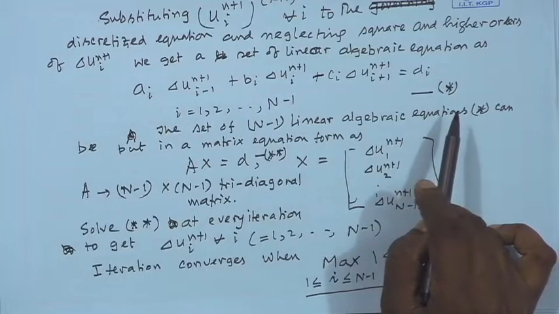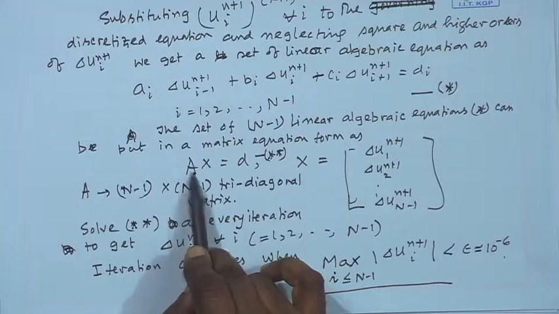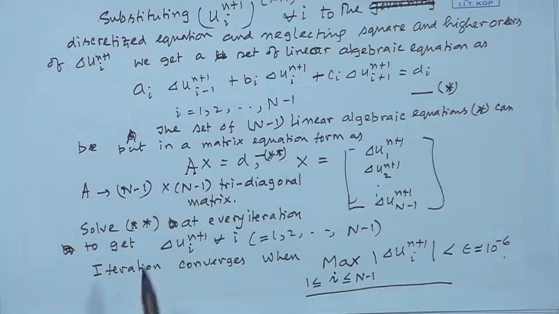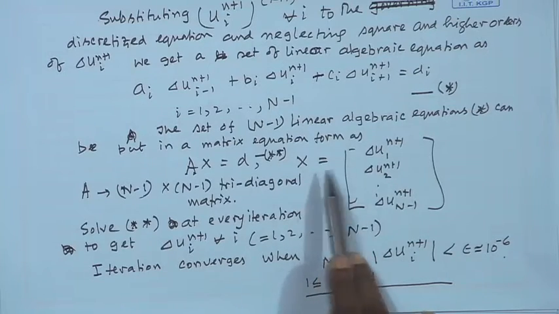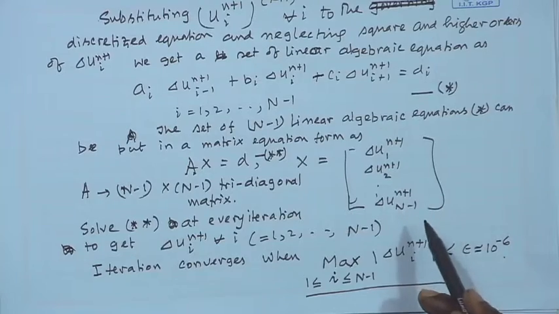That is why n plus 1 is shown, which forms a tridiagonal system A x equal to d. Solve this tridiagonal system and get the x, that is, the delta u n plus 1 i's,